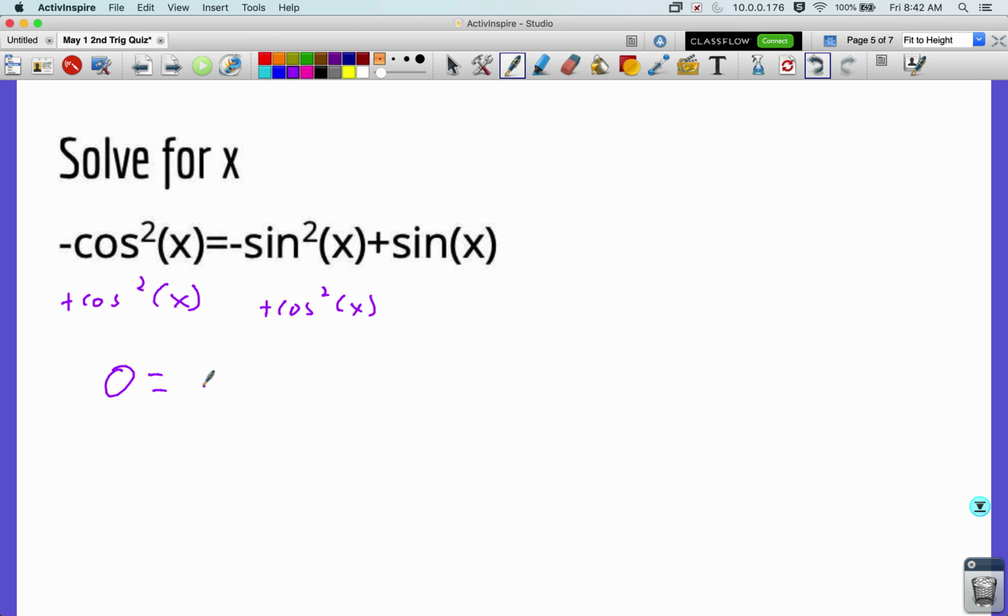Now I've got 0 equals negative sine squared x plus sine x plus cosine squared x. So next thing I want to focus on is getting these to all have the same trig function. So I can either go all sine or all cosine, but it's going to be easier with the cosine squared to turn that into a sine squared, because this identity, sine squared plus cosine squared equals 1, directly relates sine